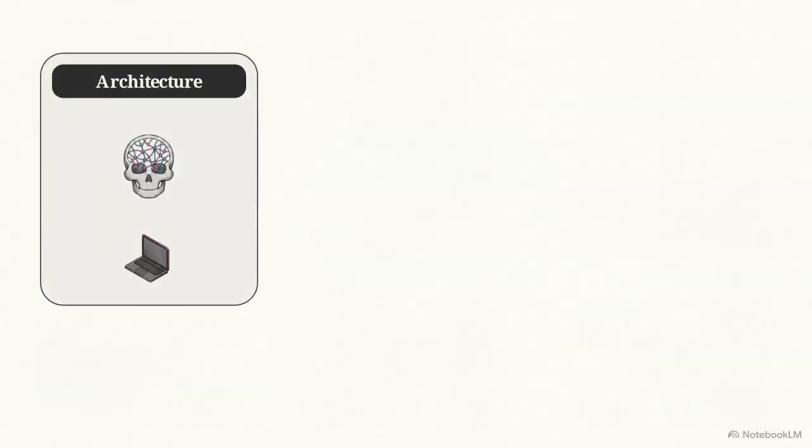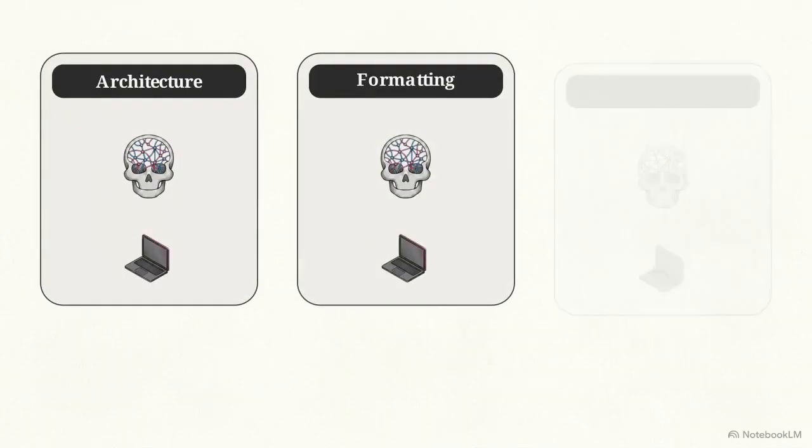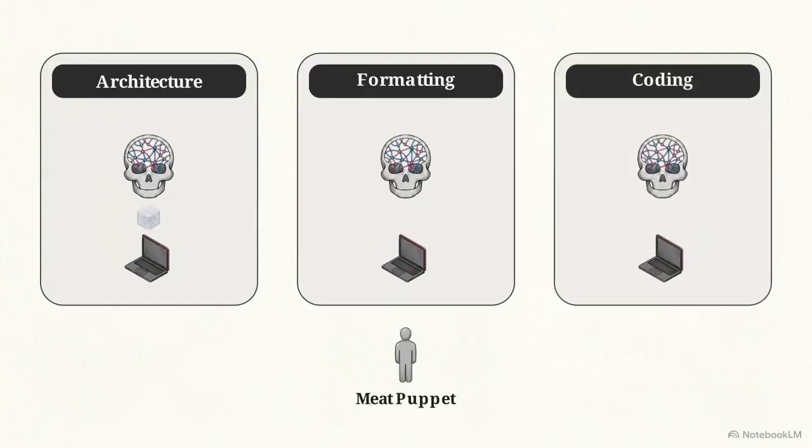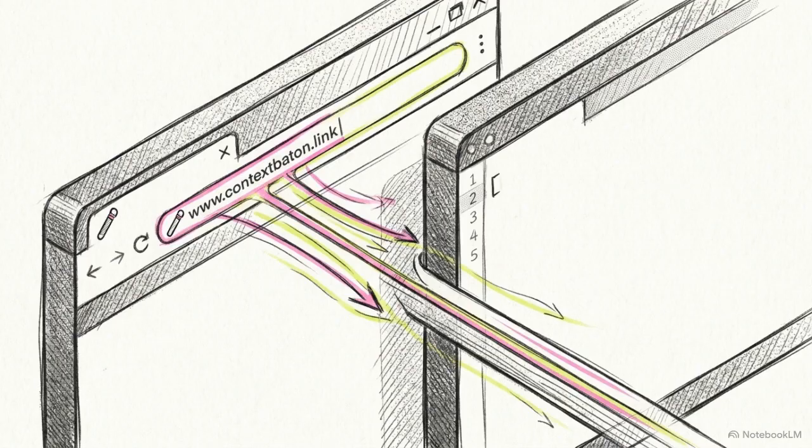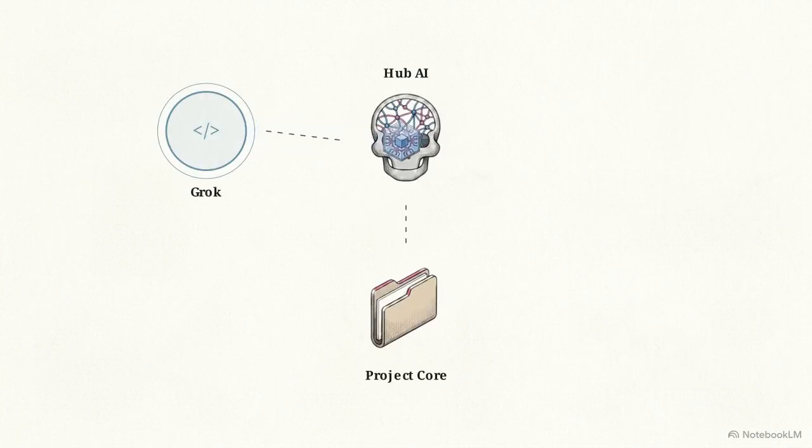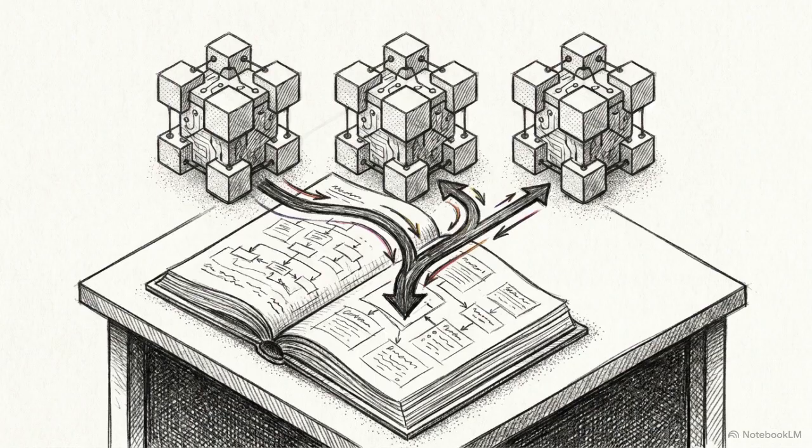This logic scales even further when we consider that engineers rarely use just one tool. You might use one AI ecosystem to brainstorm architecture, a second for formatting text, and a third to write code. To pass context across those different ecosystems, we use a simple conversation URL as the baton. You take a web link from your brainstorming session and paste it directly into your coding session. The receiving AI reads that link, extracts the key decisions automatically, and updates a shared project log. Now, every future session knows exactly what happened, regardless of which tool you used.